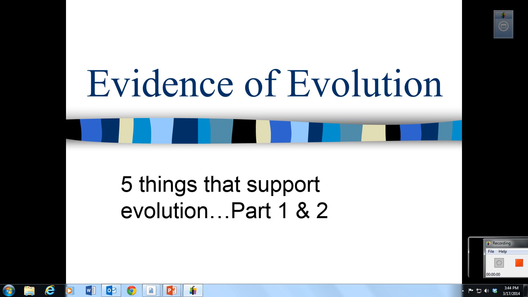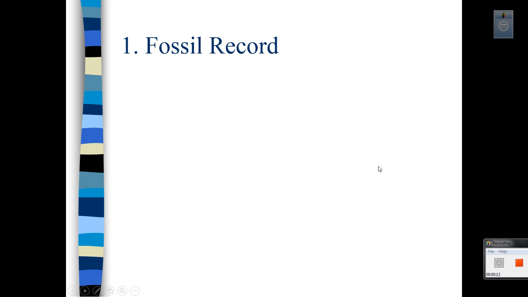The evidence for evolution is going to be 5 things that support the theories of evolution. The first thing that supports this theory is the fossil record. Now, the fossil record shows how the biodiversity, the variety of life on Earth, changed over time, and it also shows where the mass extinctions happen, and these are things that are preserved within